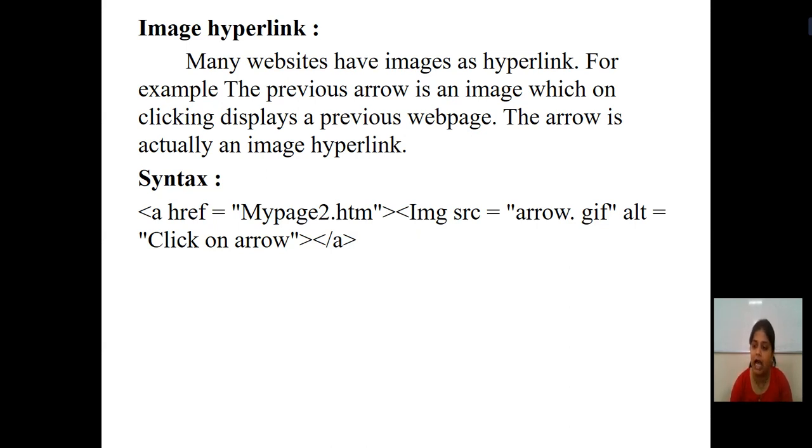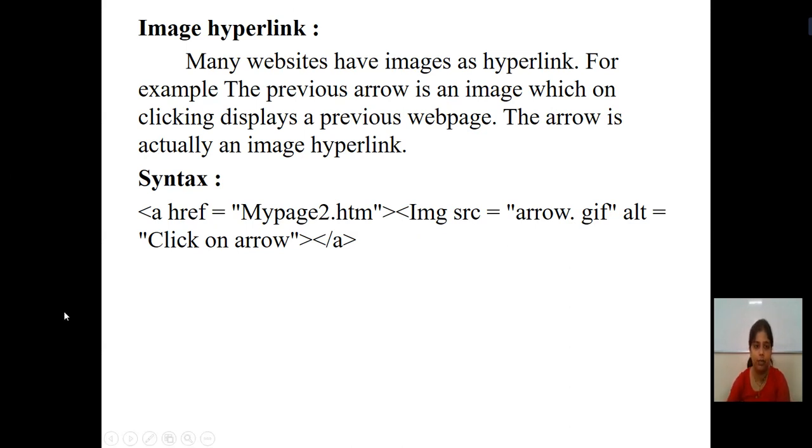So that image will have a hyperlink to the previous page if you are using a backward arrow. And if you are using a forward arrow, then your image will have a link that points to the forward page of your web page. So students, an image is again used for the hyperlink purpose, and you can have different types of images for showing the different pages related to it.